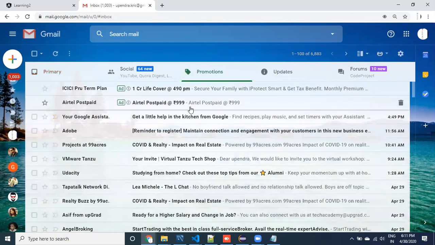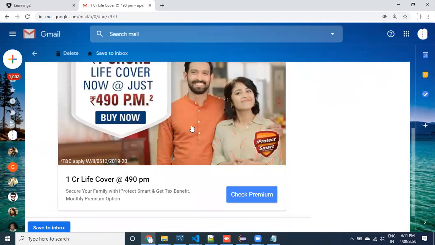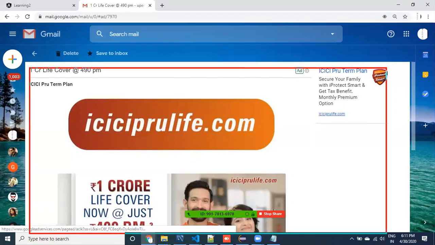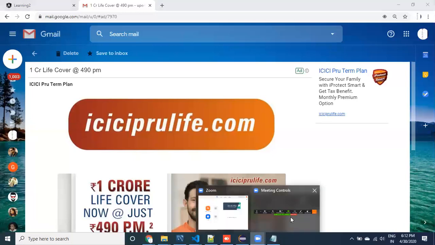Coming to promotions, if I click on something here, what happens, guys? Which part got updated? This part got updated; no other part of the page is modified. The total page is not modified, only this particular part got updated. Of course, which part we need to update is based on the application.